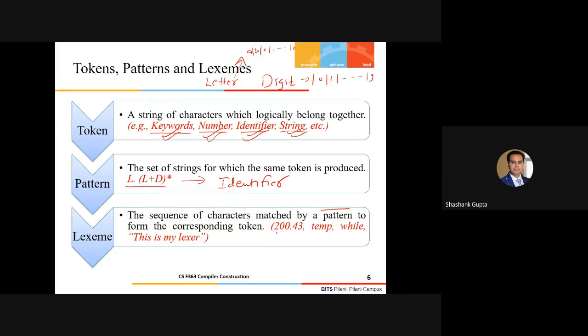So these are the lexemes. Considering I have certain language specifications, I'll consider this as a num token. Let's say this is a number. I'll say this is an identifier. This is a reserved word, I'll say this is a keyword. And this one is a string, so let me tokenize it as a string. So these are the lexemes and these are the associated tokens. And how did I execute this process? I followed the pattern, that's it.